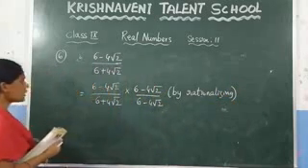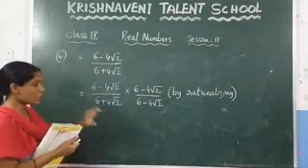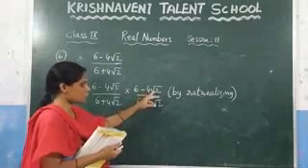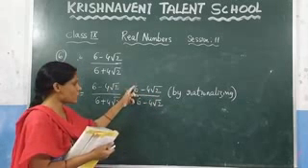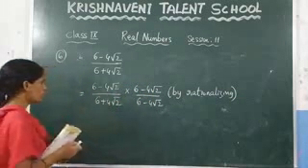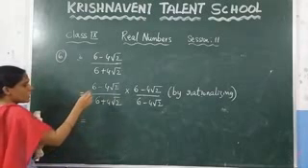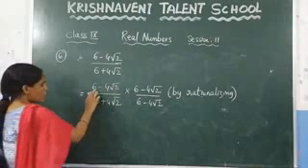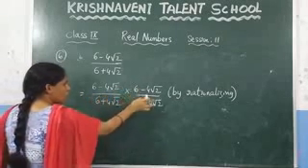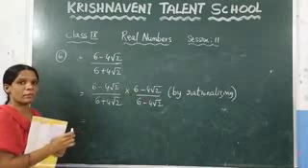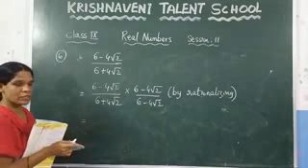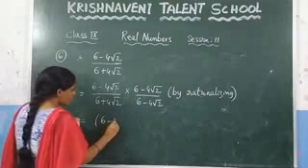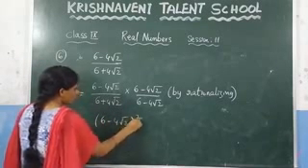Since in the question they said to rationalize the denominator, and 6 plus 4 root 2 is there, you need to rationalize with 6 minus 4 root 2, and for that reason we are multiplying and dividing with 6 minus 4 root 2. Now here you can observe that the numerator is in the form of a minus b into a minus b. Here the same numbers are there. You know that a minus b into a minus b is nothing but a minus b whole square. How many times is a minus b there? 2 times. So you can write this as 6 minus 4 root 2 whole square.